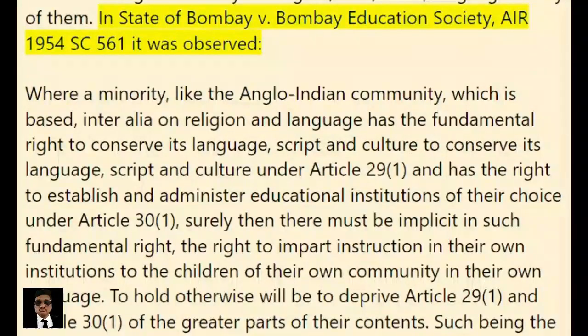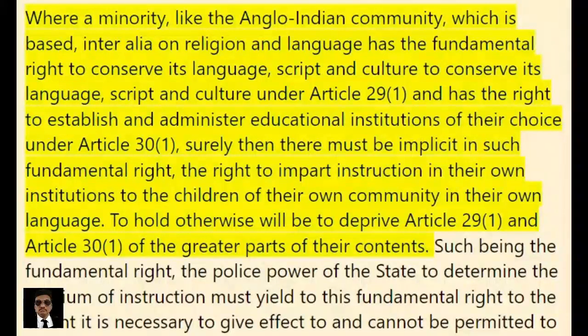In State of Bombay v. Bombay Education Society, AIR 1954 SC 561, it was observed: where a minority, like the Anglo-Indian community, which is based, inter alia, on religion and language, has the fundamental right to conserve its language, script and culture under Article 29(1), and has the right to establish and administer educational institutions of their choice under Article 30(1),